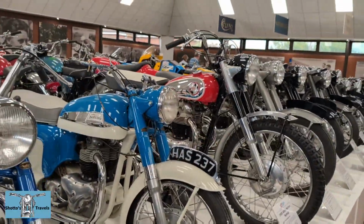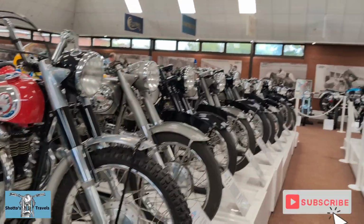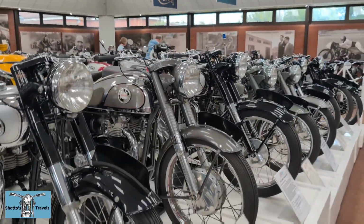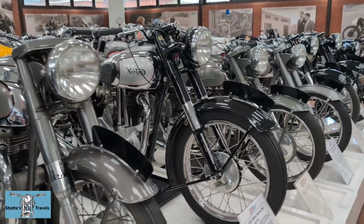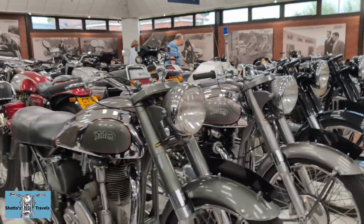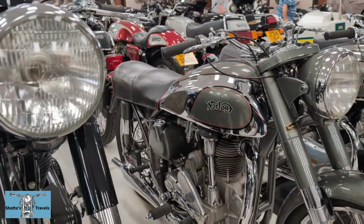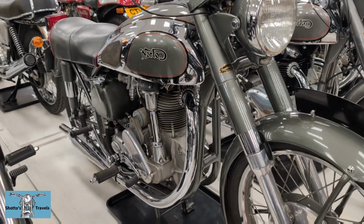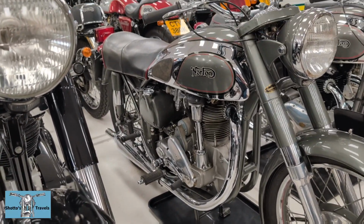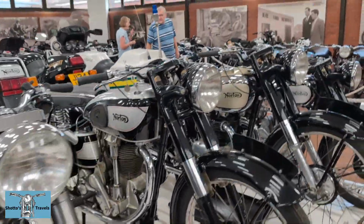some more Norton Dominator. Vaguely remember them. I must have been 5. But Norton ES2. 1953 Norton Featherbed International 350. The Featherbed, I believe that was, if I'm not wrong, like a dual cradle, wasn't it, at the front? Rather than...